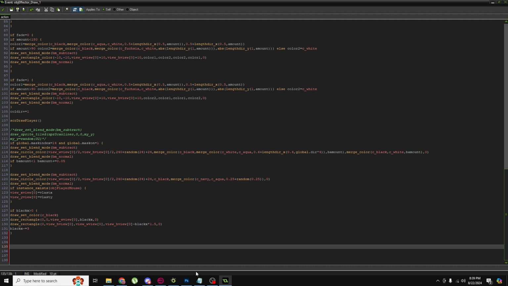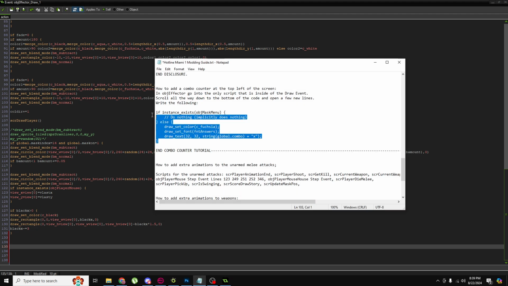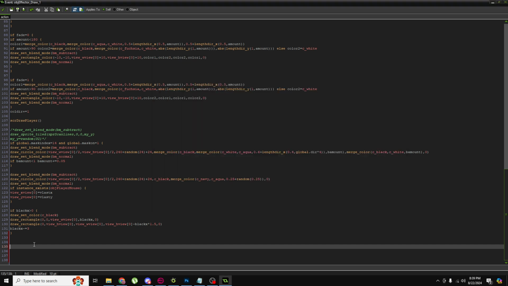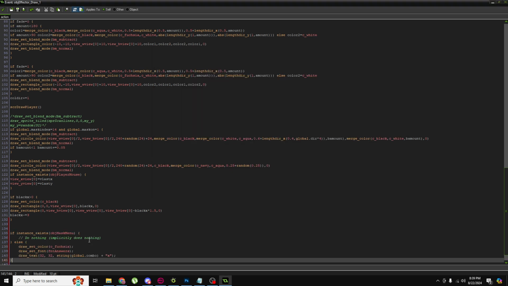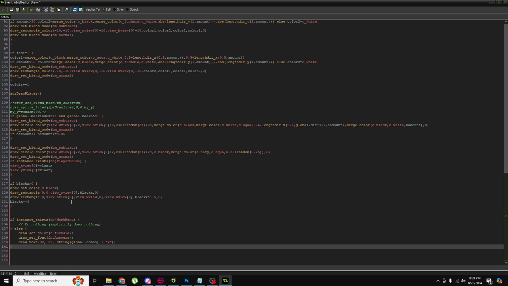And go ahead and either write this or paste this in. I'll leave it in the description if you just want to paste it. But essentially, go ahead and paste this in at the bottom. If instance exists, object mask menu. This is checking for the mask menu, and if the mask menu exists, then we don't want to write anything